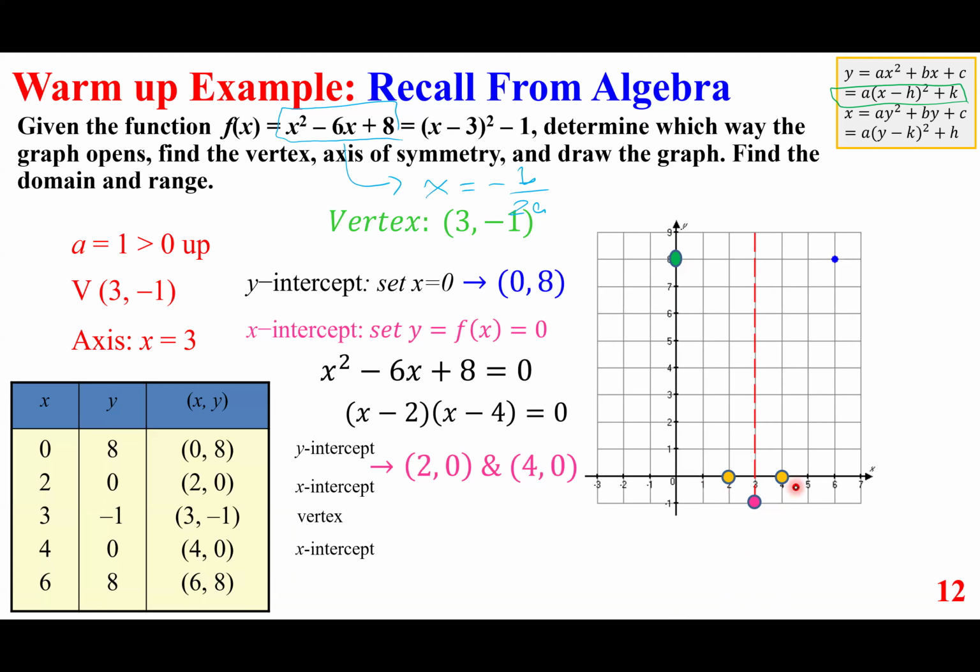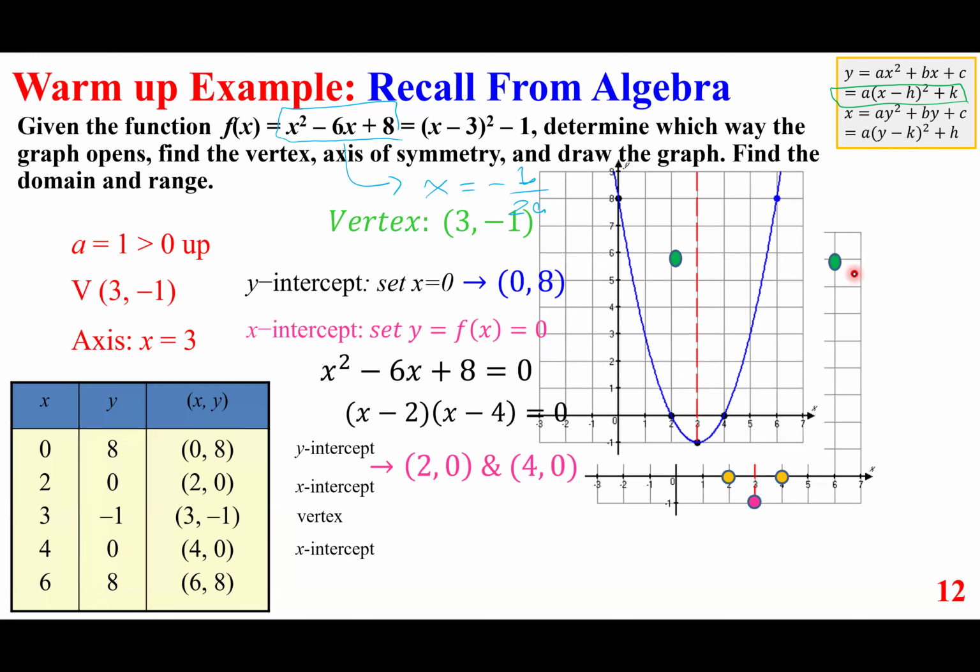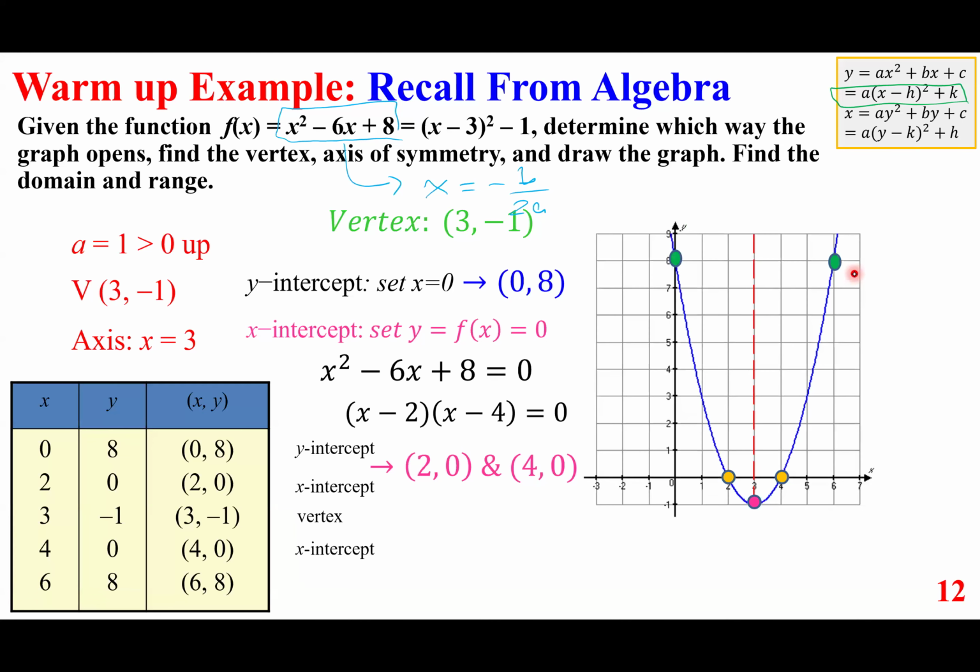And notice by symmetry, if we have this point, which is 3 units from the axis of symmetry, if you go 3 units, you get to this point, which must have the same y coordinate and the same distance from the vertex, the axis of symmetry. So this is 3 units. This adds another 3 units, gives us 6 comma 8. And that's a graph, very straightforward. From the graph,